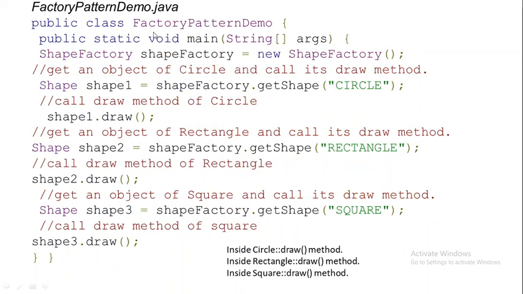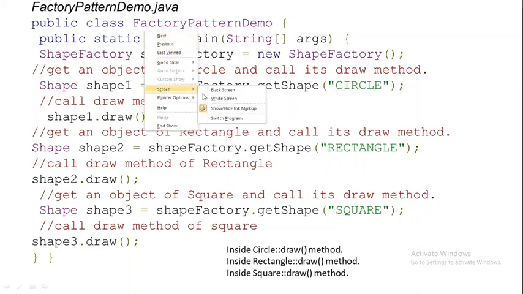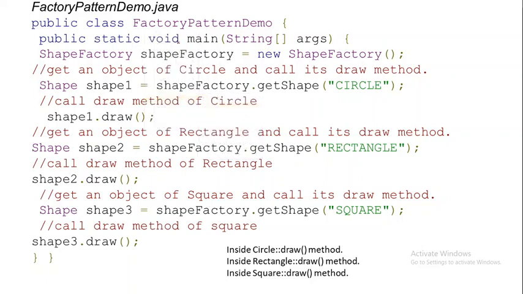Now you see FactoryPatternDemo. In this FactoryPatternDemo class, you see the main function, passing the arguments. You see, ShapeFactory reference variable equal to new ShapeFactory. Now we have created a reference variable of type ShapeFactory, and memory is allocated for ShapeFactory.